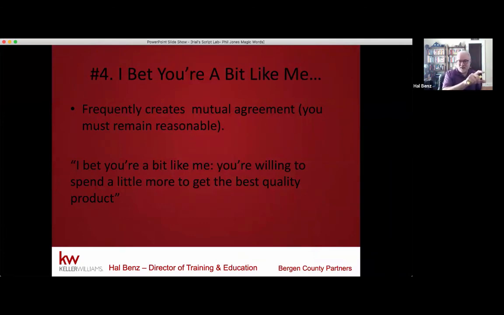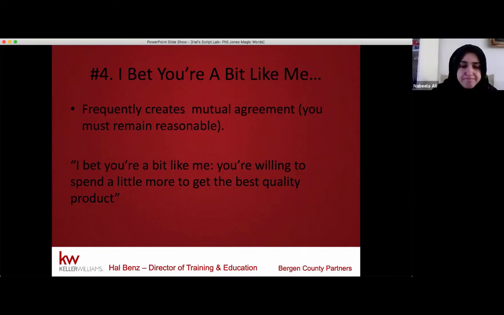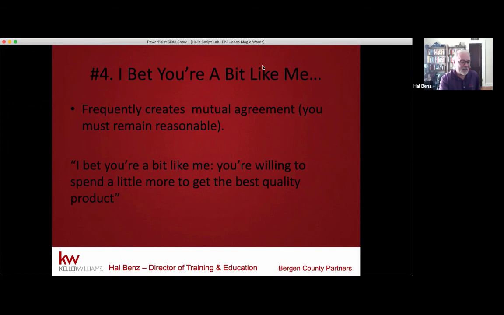To quote some of our, which one of the TV guys at late night coined truthiness? I don't remember who that was. It was one of the late night hosts. But the idea of Stephen Colbert. Stephen Colbert is the guy who coined truthiness. It takes the truthiness for, yeah, I do like to save money and I'm willing to pay for quality. Right? So I bet you're a little bit like me.